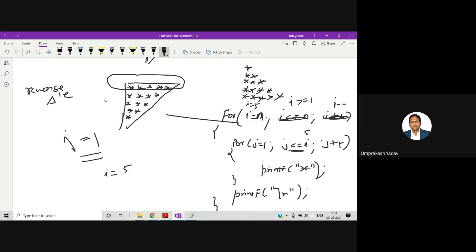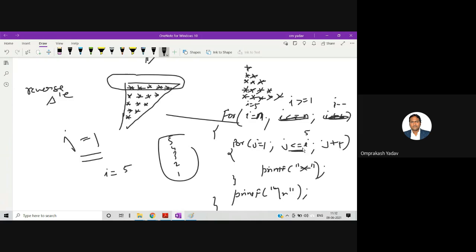In the first row, see, it's not related that if I equal to 1, then only it will be in the first row, right? I am giving the first time I value as 5. So from 5 it will move to 4, then 3, then 2, then 1. So ultimately this outer loop is running this inner loop 5 times. That's it. This is the main purpose of this. Don't see it in this way that when I is 5, that means I should be in the 5th row. No. It only means this outer loop will be running this particular loop 5 times. So when it runs the first time, I want 5 stars.